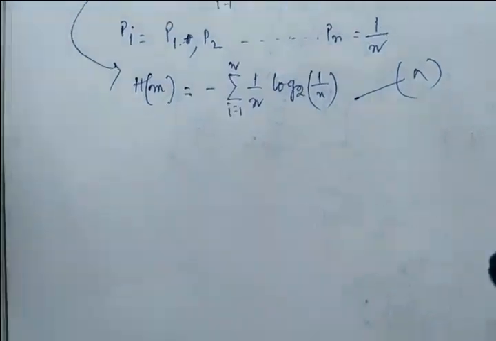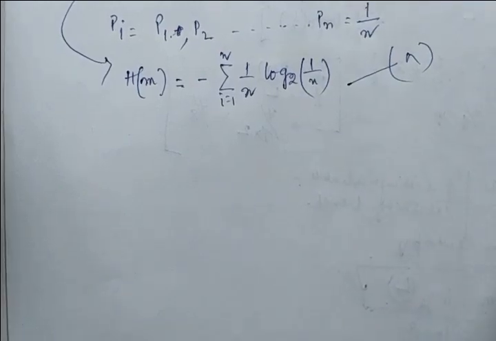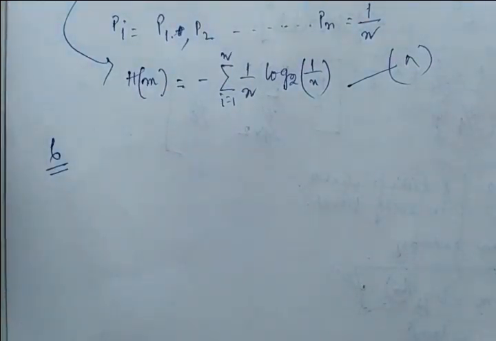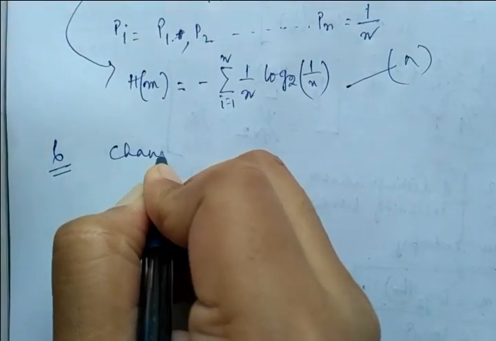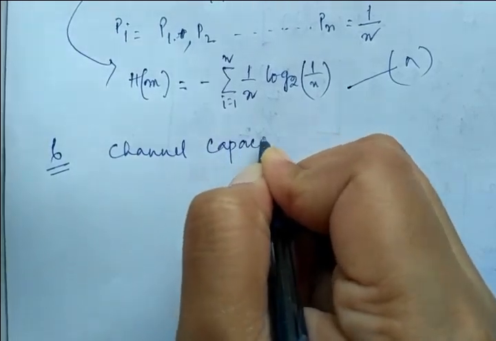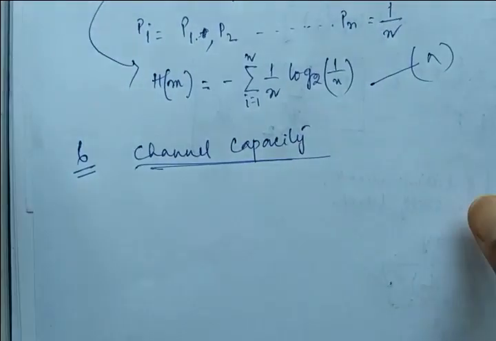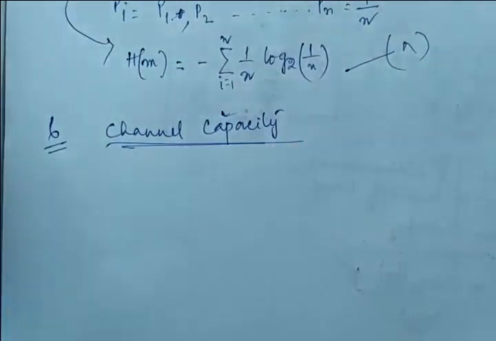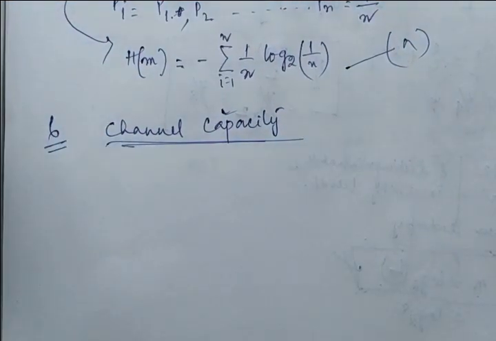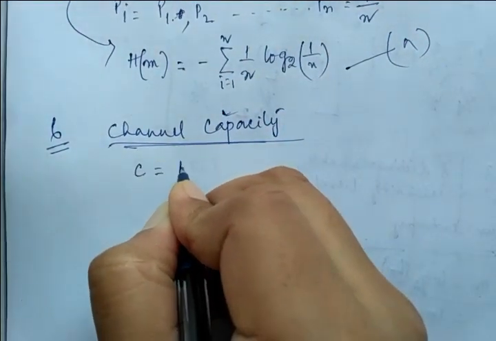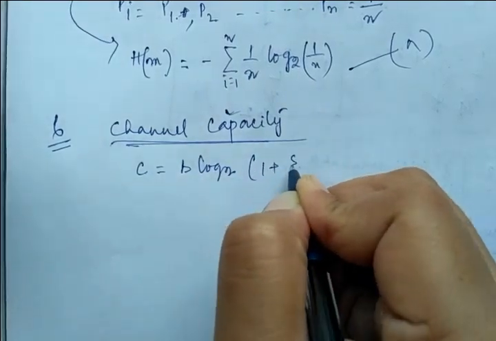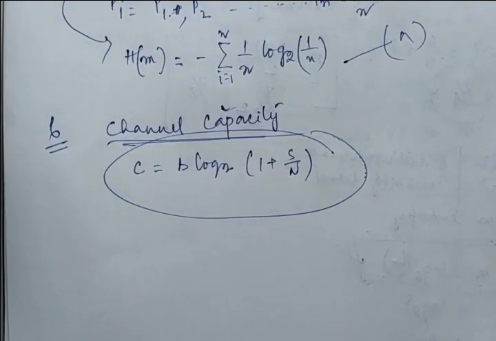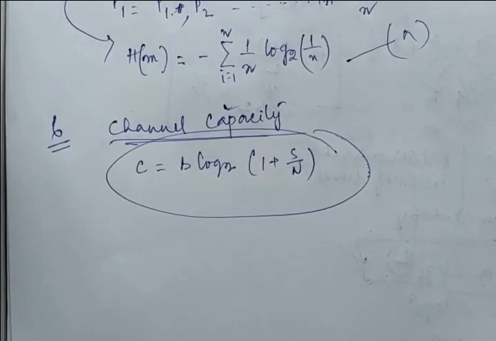Okay. So coming to my next question, that is question number 6, and this is a very important question, and this is all about channel capacity. Before going to the questions, I would like to explain what channel capacity is, related to your bandwidth and your signal to noise ratio. And what is the formula? C equal to B log 2 (1 plus S by N). So this is your mother formula, right? And this is also applicable for AWGN, that is the additive white Gaussian noise channel.